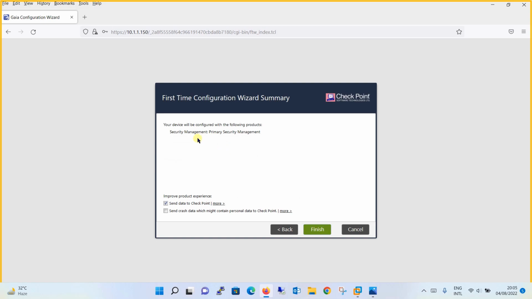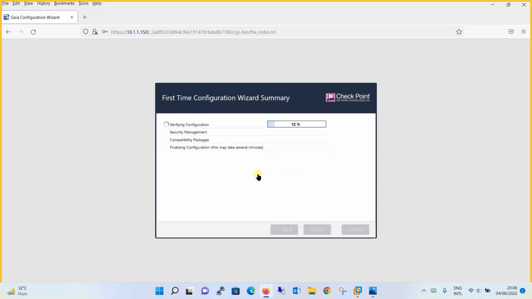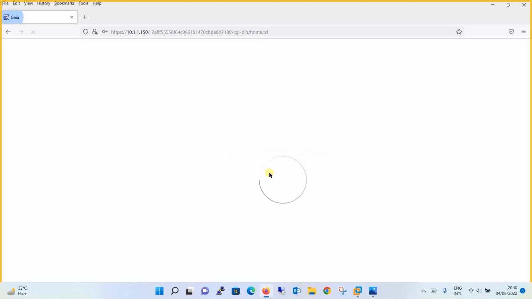Now it is saying your device will be configured with the following product, that is security management, primary security management. Keeping everything as it is, click on the finish button. This will start the configuration process. Are you sure you want to continue? Yes. Now guys, over here it will take some time, and for a better experience I will pause the session recording. So friends, as you can see, the configuration completed successfully. The first time configuration wizard is completed. Click OK,